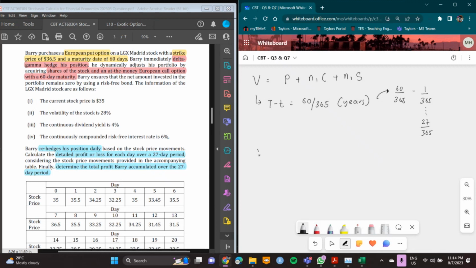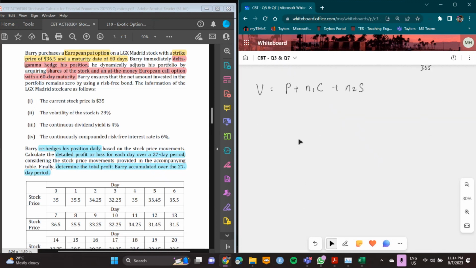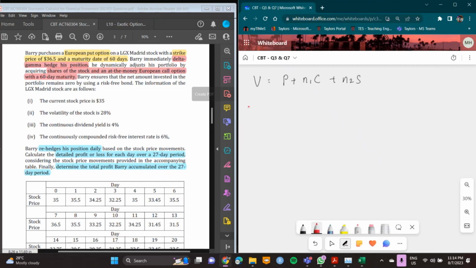So when we focus on this equation, V equals P plus N1 C plus N2 S. Sorry, this should be N2 here. So we can come up with a detailed profit or loss, where when we want to understand the profit or loss, it has three different components. Number one is the derivative